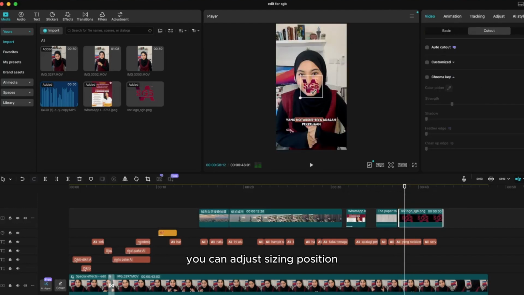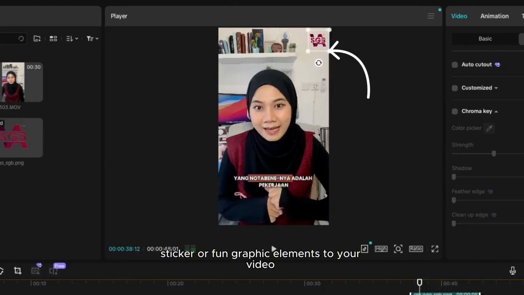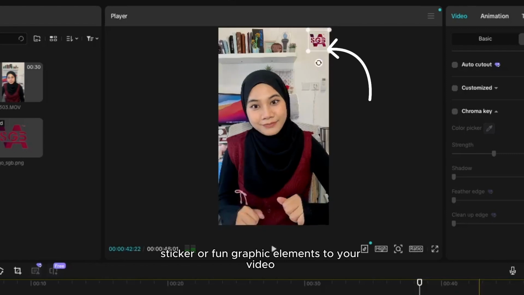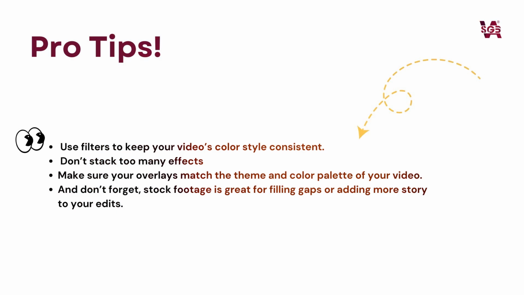You can adjust sizing and position. This trick is super useful if you want to add a logo, sticker, or fun graphic elements to your video.